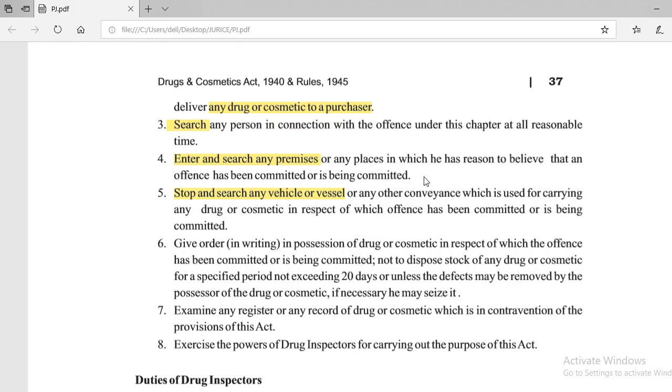Means if some drugs are being transported and the drug inspector received any note, or he thinks that at this time the truck or any vehicle or any vessel is carrying illegal or offensive drugs, then the drug inspector can stop and search those vehicles and vessels also. Okay. Any other conveyance which is used for carrying any drug or cosmetic in respect of which an offense has been committed or is being committed,